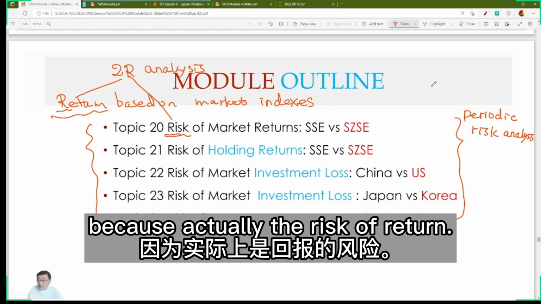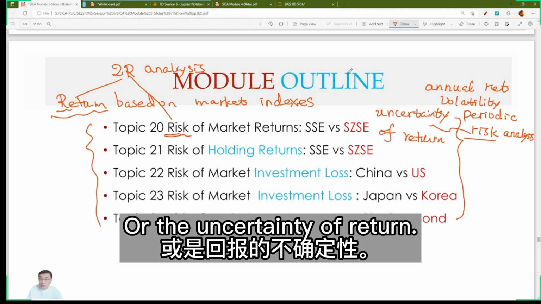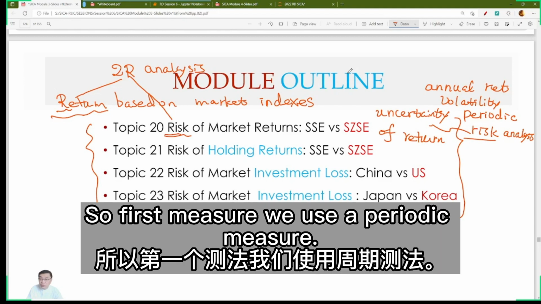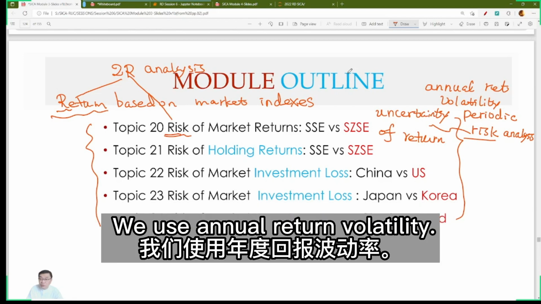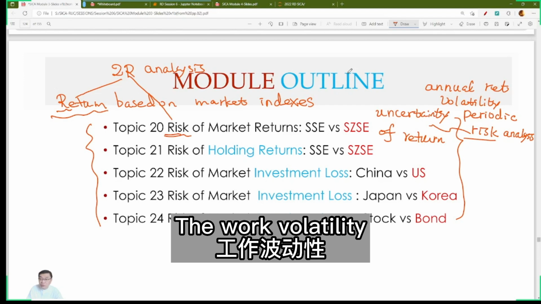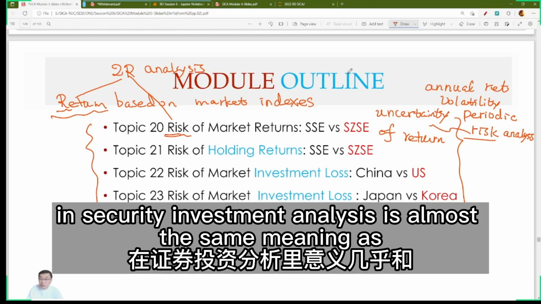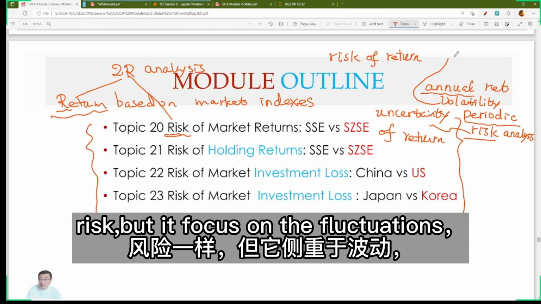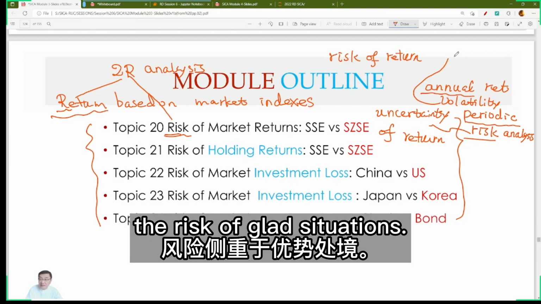We actually call it the risk of return, or the uncertainty of return. So the first method uses periodic measures. We use annual return volatility. The word volatility in security investment analysis is almost the same meaning as risk, but it focuses on the fluctuations. The risk of